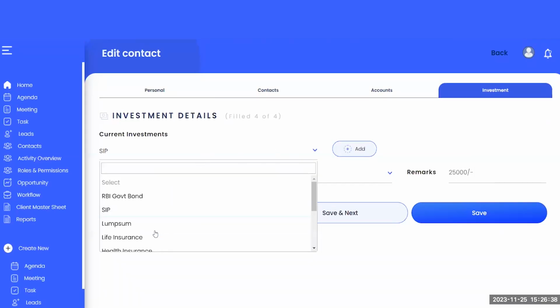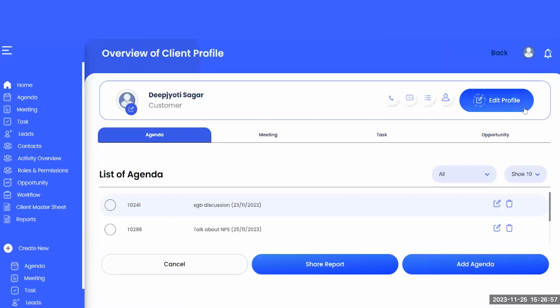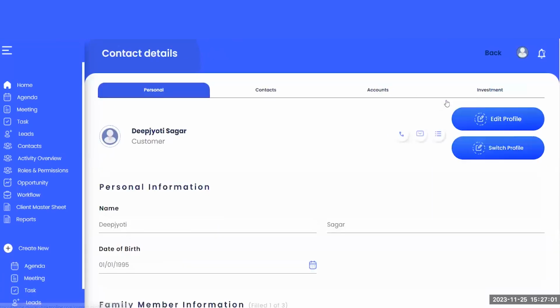Let's say you want to mention life insurance, that whether Deep Jyoti has invested or done a life insurance policy with you, you can mention no. And you can say doing through other broker. Okay, and now you can go back to the profile of this client